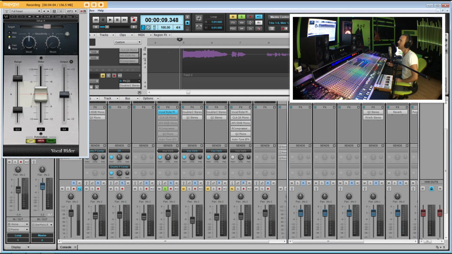As you can see, we have it on the fast setting, and I'm really just letting it stay pretty much at the default setting. This slider up here kind of allows you to put the vocal